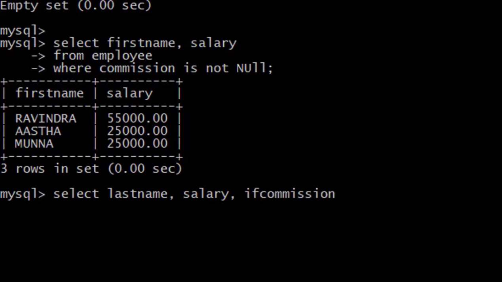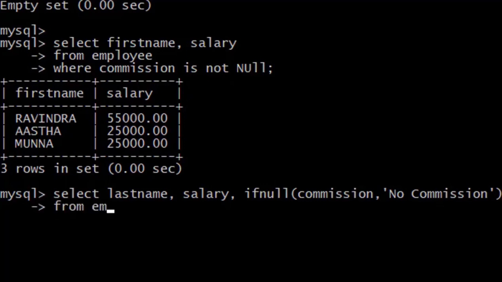This function is IFNULL. Either you can use uppercase or lowercase, no worries. IFNULL is a function, so IFNULL commission and then no commission, from employee. So what is this IFNULL? IFNULL checks for null. If it encounters null, all the nulls will be replaced by no commission.